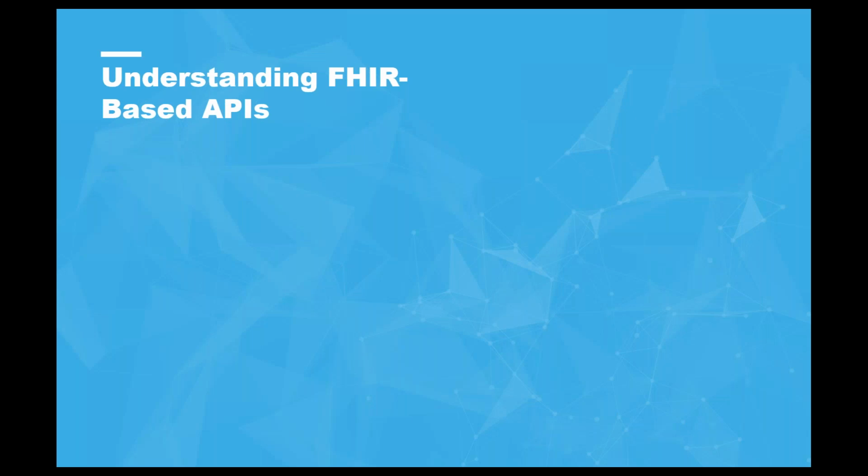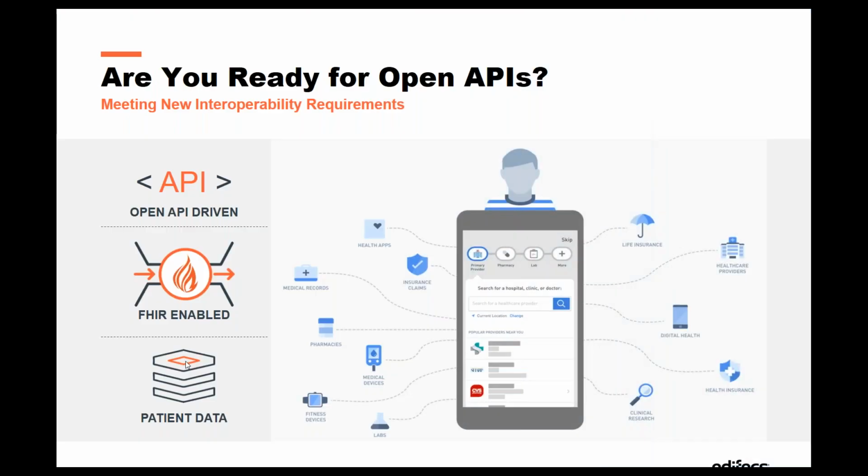We can. Awesome. I think there was going to be a transition there, and I think it's going to work fine. So the next 3 slides are just going to be about a little bit of an understanding before we get into best practices about implementing. So what do you know about FHIR, right? What do you know about open APIs? Well, if you haven't already been in that mobile space, which is presented on the right, you're kind of up for a rude awakening. And even if your company and certain divisions or organizations are doing it, you're going to have to take their knowledge and now bring it across either all lines or different organizations and make this thing complete.